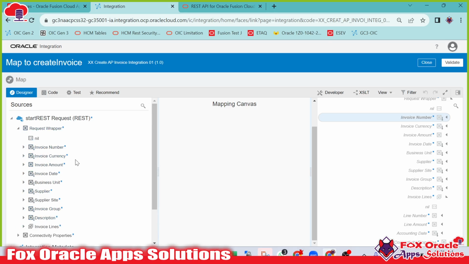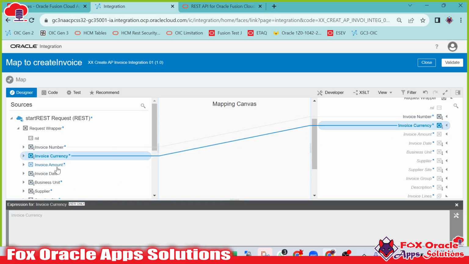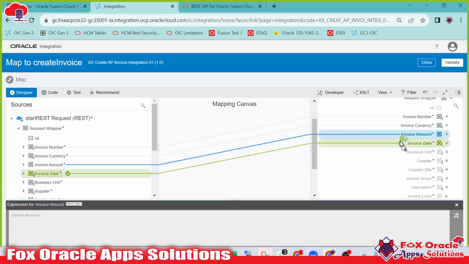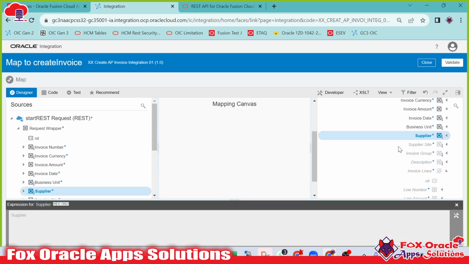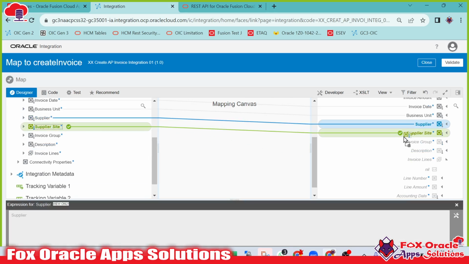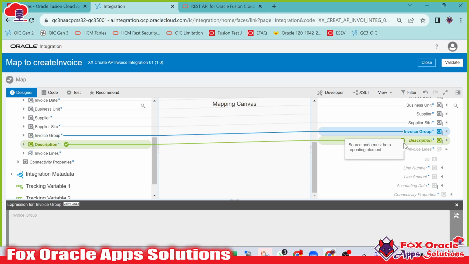all these values. The same values, we can have the requirement to get from a database table and all. We already learned how to work on the database operation, so we can use the database activity to get all this data from the table and map the data here. Right now I'm just going to map this invoice number here, the invoice currency, invoice amount, invoice date, business unit, supplier, supplier site, invoice group, description,